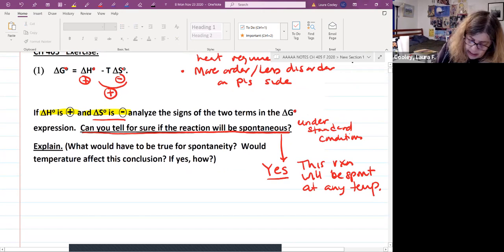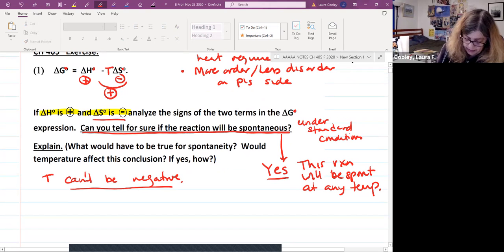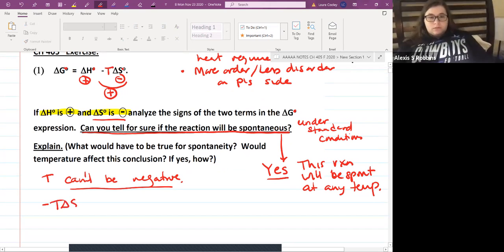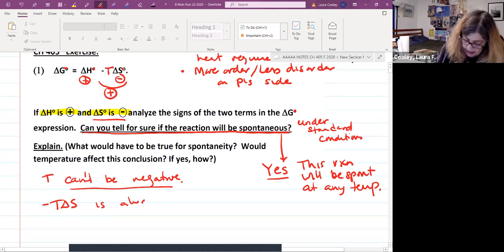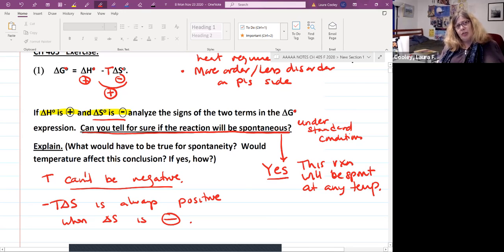Because look at the role of T in here, okay? T is something that's always positive, right? T can't be negative because we're talking about Kelvin units, right? T can't be negative. So minus T delta S is always positive when delta S is negative. So no amount of changing the temperature is going to make the sign of that delta G be